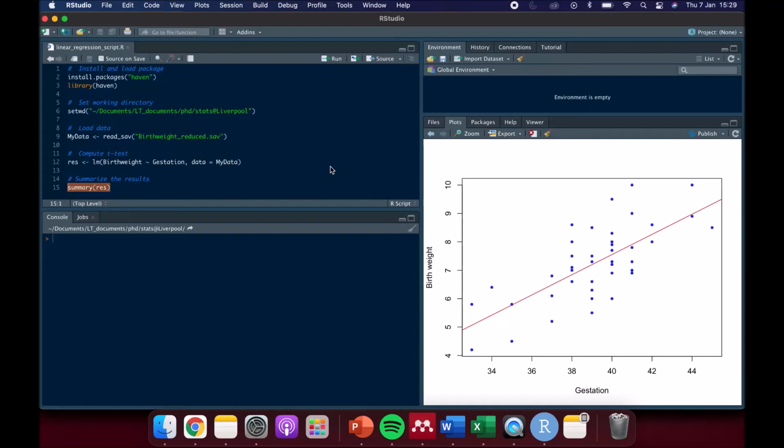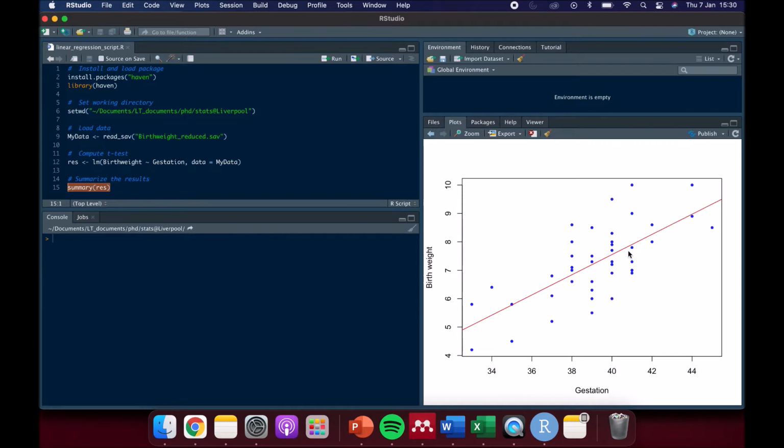This video will show you how to perform a linear regression using R. Unlike a correlation analysis, where you are looking at the relationship between two variables, a regression allows you to understand and then predict how one variable affects the other. In our case, you can see in this plot, we want to find out how the length of gestation affects the baby's birth weight, and then plot this model line in red, which essentially predicts the birth weight from the